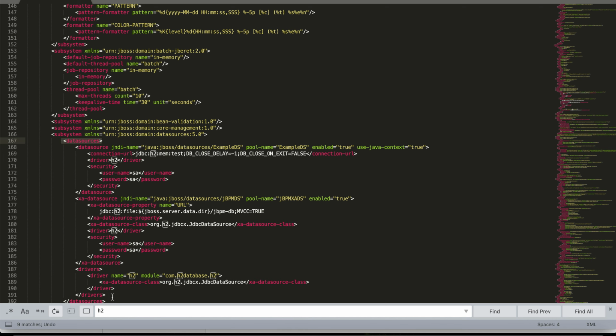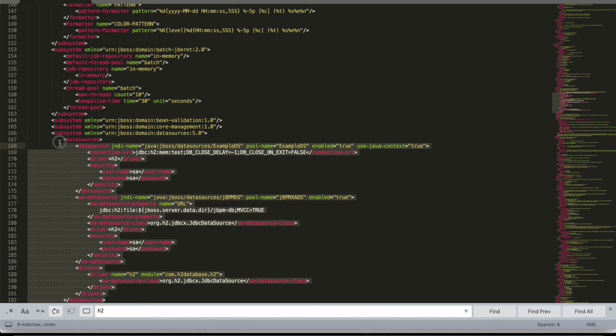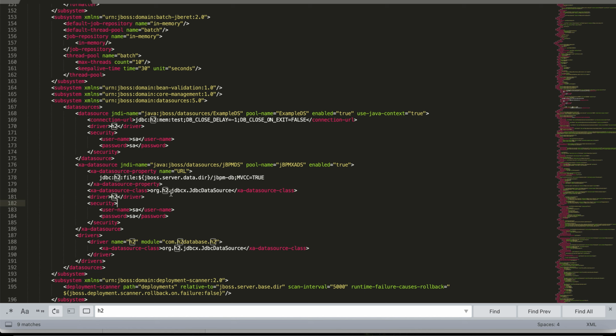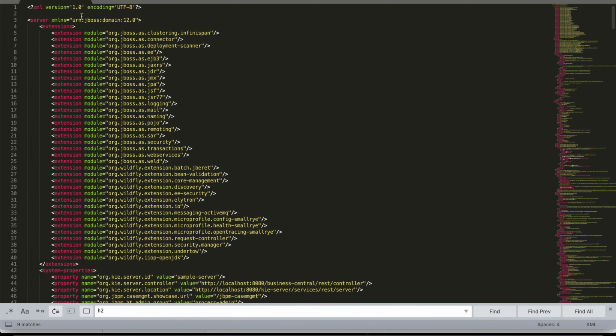You just need to modify this. We will see in the coming videos how to connect with different databases apart from H2. You can see the username and the password for the database that they have mentioned, and the class name that you need to change. These are the things that we will see in upcoming videos: how to change this file and the other way of connecting to the database.